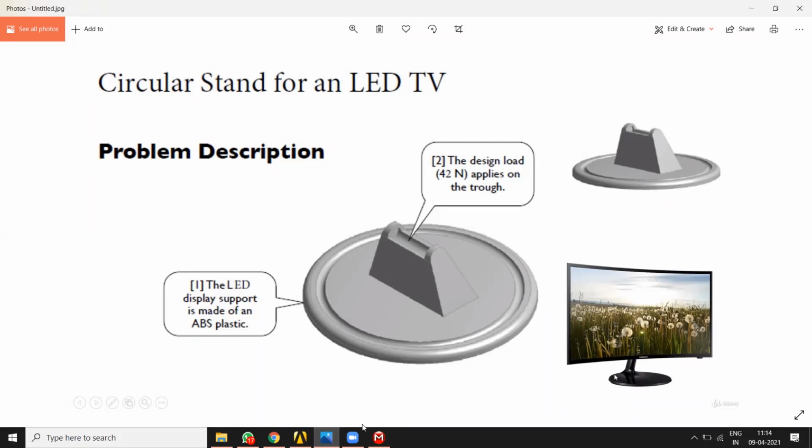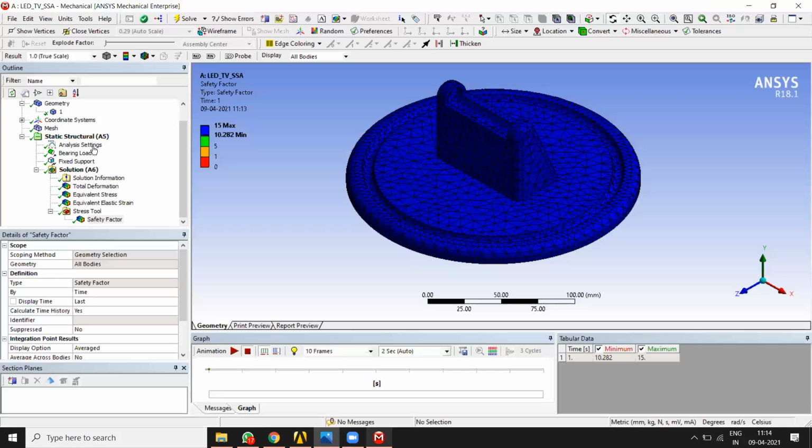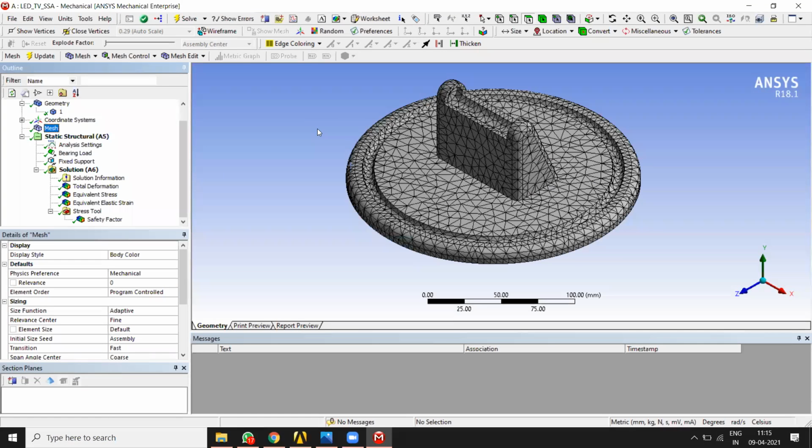Second, click on mesh, paste this image under mesh. Now while pasting, instead of going for the snipping tool or the print screen option, the best option available is here, print preview. Click on this print preview.